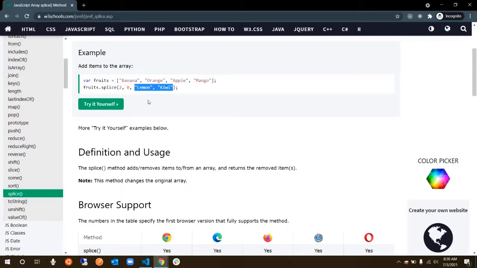What this example says is you have banana, orange, apple, mango. Looking at this, at the second position, you say 2, 0, don't delete anything. The second position, which is 0, 1, so this is 2, before apple or after orange. Either you can count 0, 1, 2, or you can just say 1, 2, orange is done, so now the next one. What you need to do is add lemon and kiwi. So banana, orange, lemon, kiwi, then apple, mango. That's how it will look.